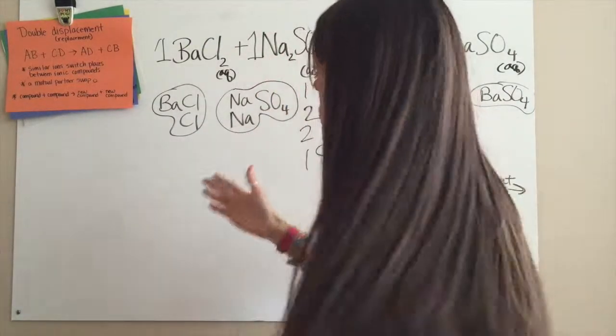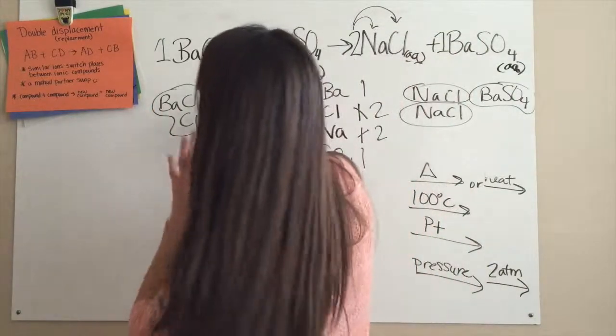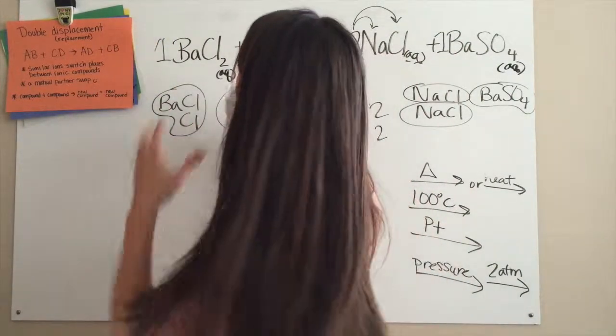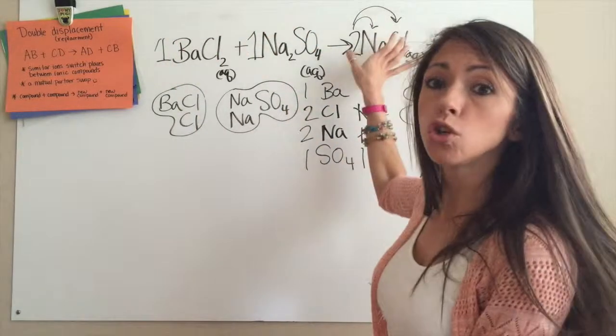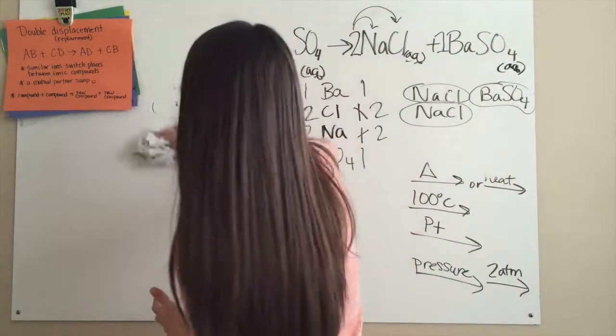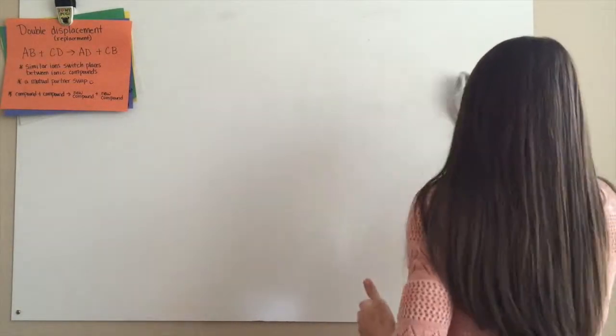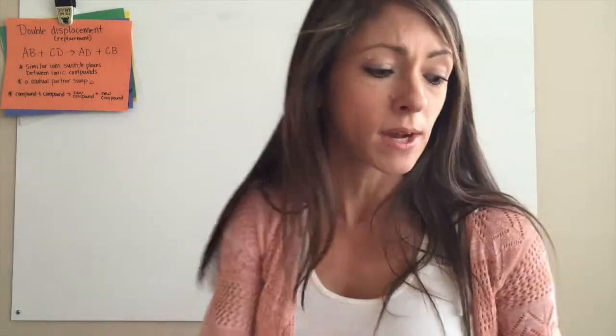Now, this is your double displacement reaction. Again, similar ions switch places. It's a mutual partner swap. Everybody's happy. You have two compounds, and then you get two brand new compounds. Okay? Now, your last reaction type that we're going to go over is actually the easiest to recognize, and it's